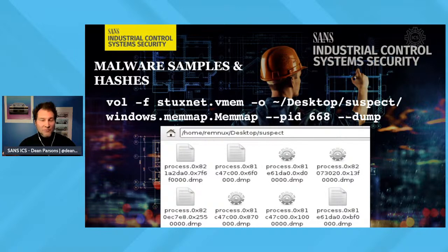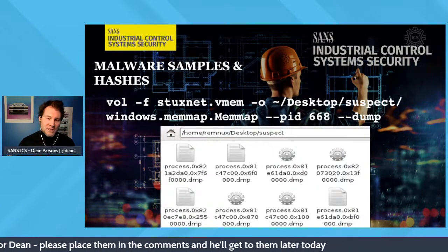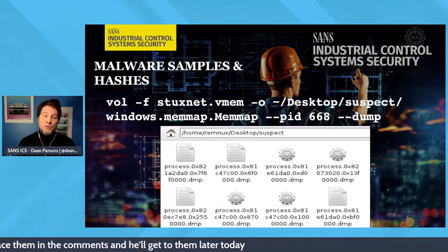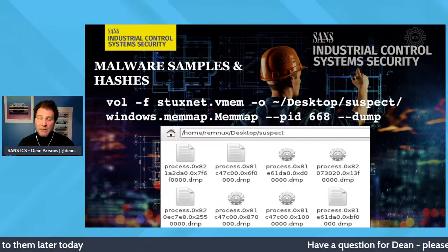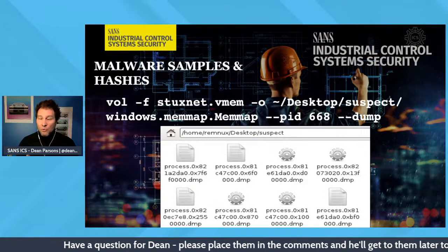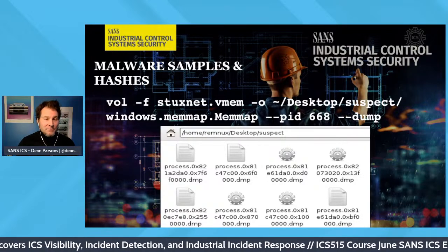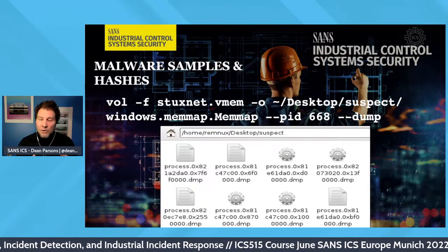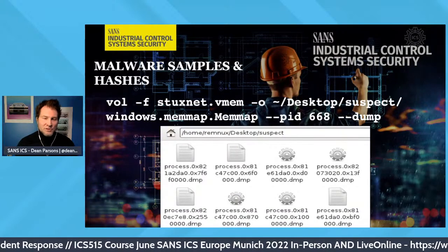Again, we're not doing code reversing here, right? No decompilers, no OllyDbg required. But in this case, we can now extract out malicious processes. The quickest thing you can do now is hash that process and upload that hash only to online services like VirusTotal to very quickly, within minutes, understand one, if the adversary or anybody has ever seen this type of malware before, this file based on its hash, and two, understand how it will actually work. The behaviors of that malware are usually listed on similar sites like that as well.